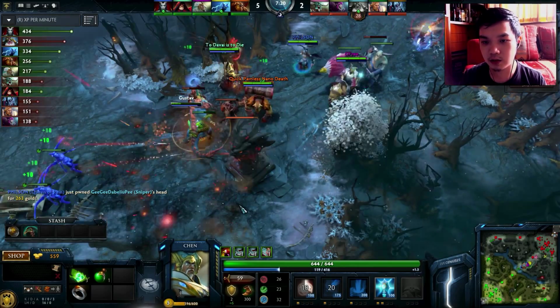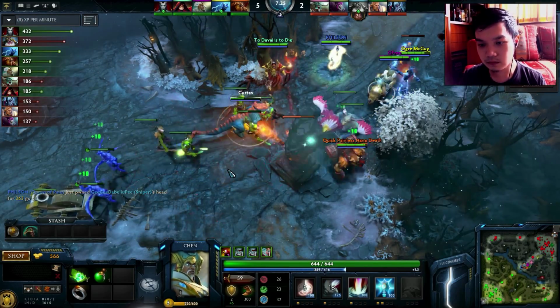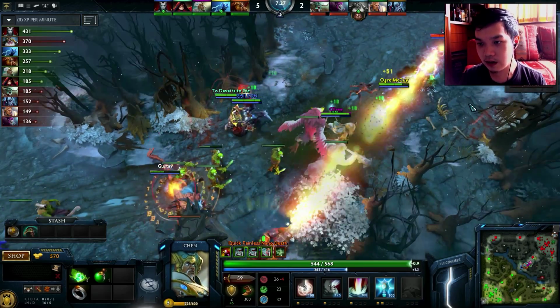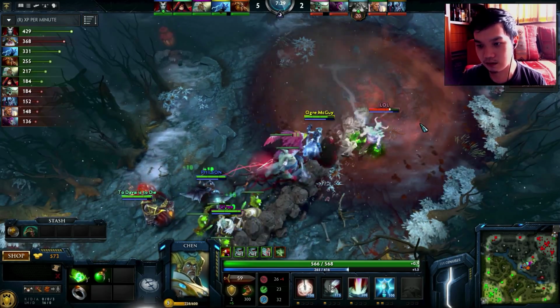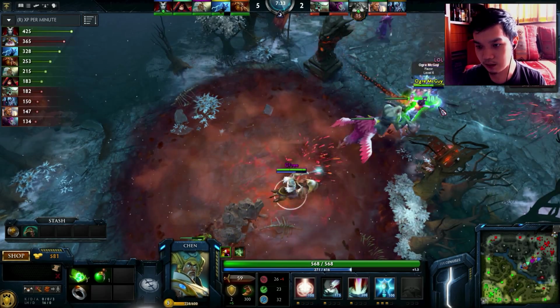Queen of Pain or Razor are the 2 people who we want to farm. They sort of scale well. And just like that, we get another tower. Undying here gets caught without any sort of support. So that was...